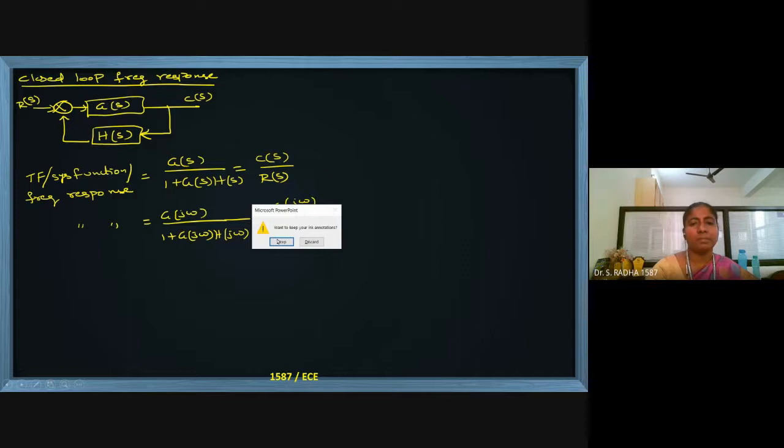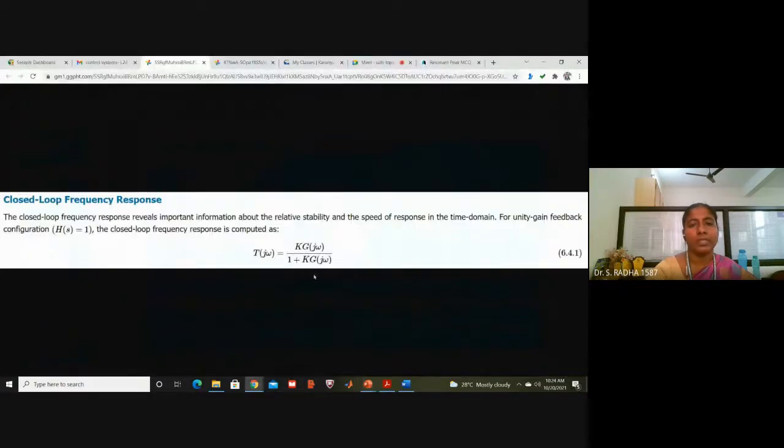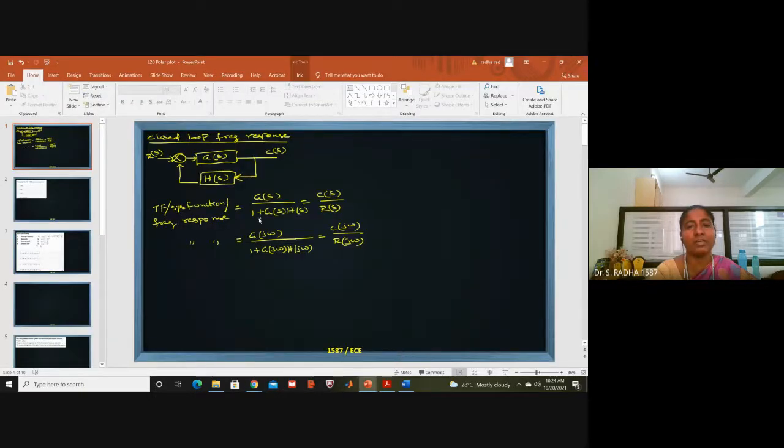Now the same I have here. You can see K means it is open loop gain. If K equal to 1, that K will not come in the representation; you need not write that 1 separately. If K is maintained, that will come in the calculation, and in the denominator also, the second term has K.